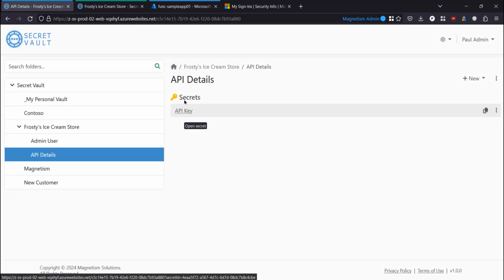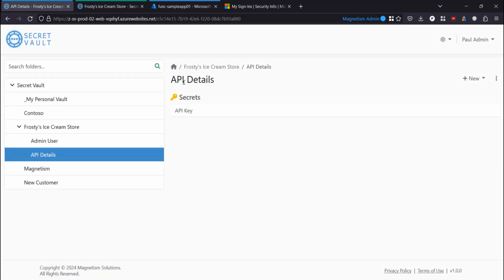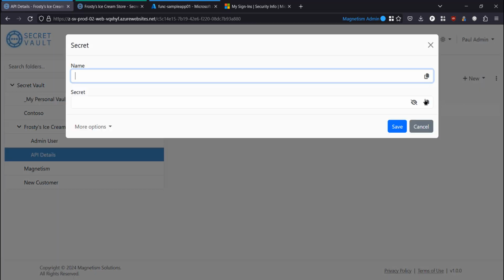So now that API key is nicely placed under the API details, and if we wanted to, we could customize those permissions for this folder again to be more granular and more locked down if we needed to. So now we can add other secrets into this folder. Say we wanted to add the API base URL,